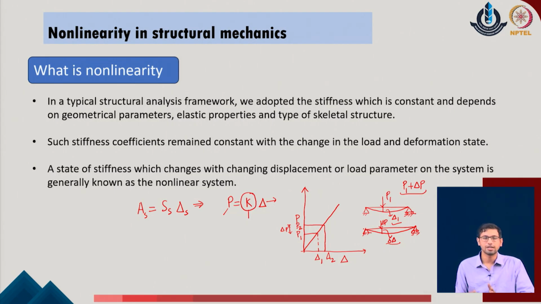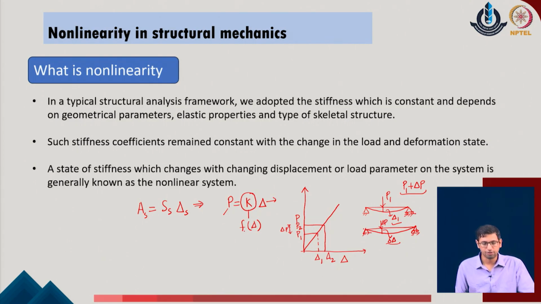So, this idea of understanding the overall deformations of the system with respect to a linear stiffness relationship is much easier for the regular problems. But now the problem can become much more complicated if we come up with a stiffness matrix which itself is a function of the unknown deformations, or the delta, of the given system. It could also be a function of the respective forces which are active on the given system.